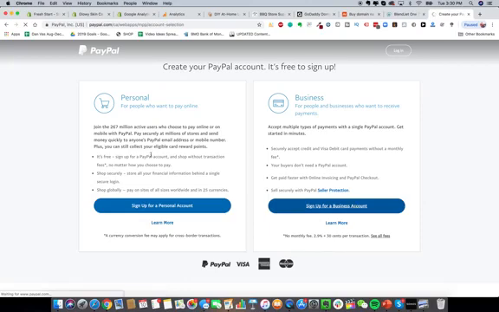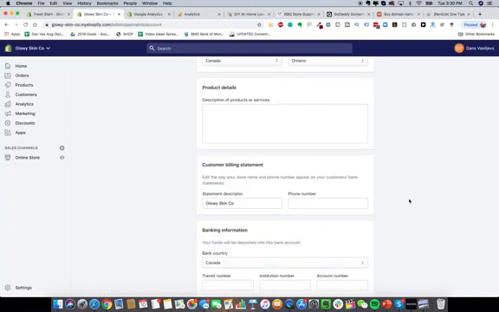Because if you sign up for a personal one, you can at the beginning, but later on, they're going to ask you to transfer it to a business account anyway. So if you have a corporation, do business. If you don't have a corporation yet, you can do personal. And very important, by the way, when you're actually installing Shopify Payments or Stripe, scroll down here and make sure